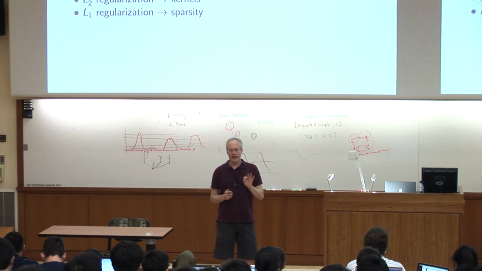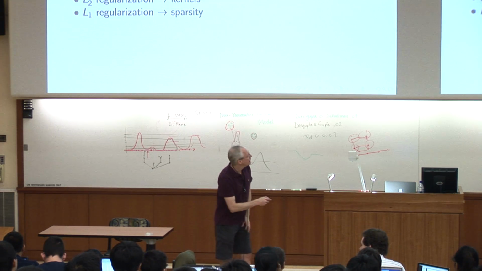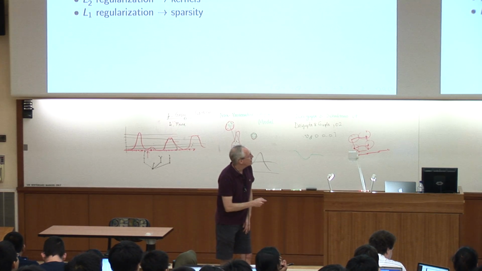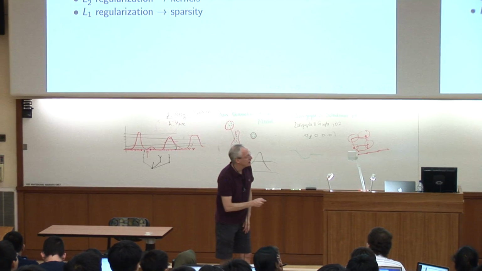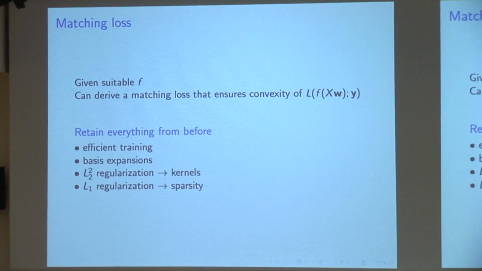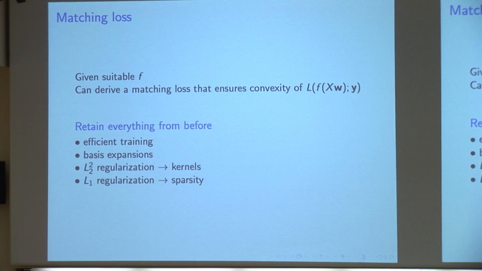The only way the loss function affects anything on the input representation side that I've told you is the weights, the linear part of the model. The weights have to participate in the loss only through the data, only through the features. Right? So there has to be this inner product of the weights with the features. If that's the only way it participates in the loss, then the loss is irrelevant to all the other modeling. Okay. So what I've just shown you also maintains that kind of property, so it doesn't interfere at all with what we've done.